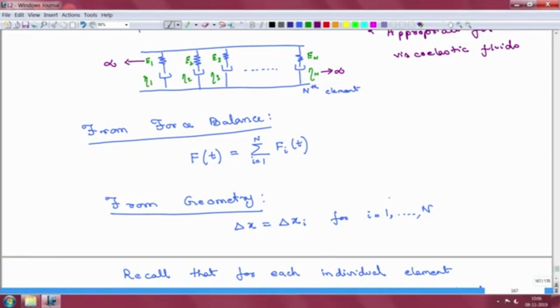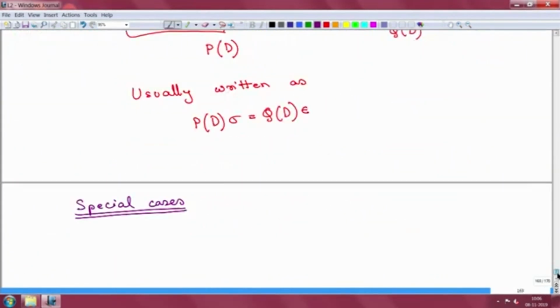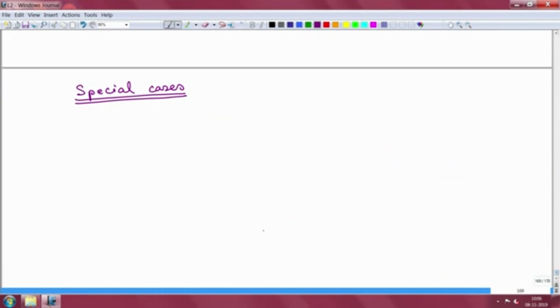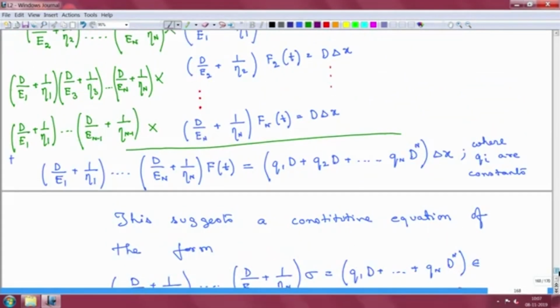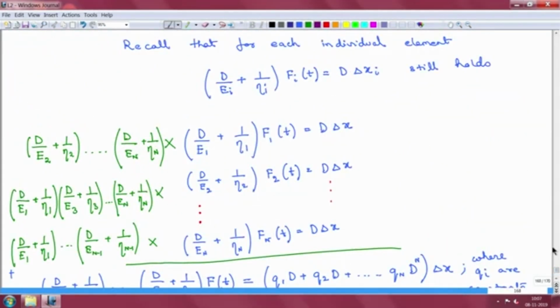So, there are different cases we can do. So, a special case. I am not sure how many cases we will be able to discuss. So, let us say the special case: let eta n tend to infinity. Let us see what really ends up happening. If you take eta n to infinity, you can redo this entire calculation for that case, or you can take